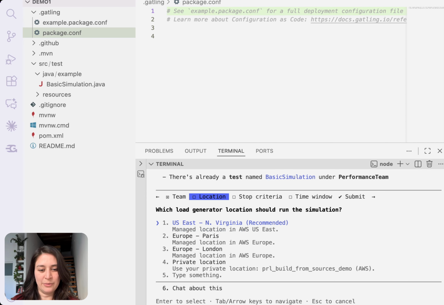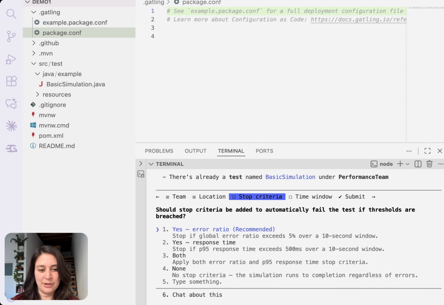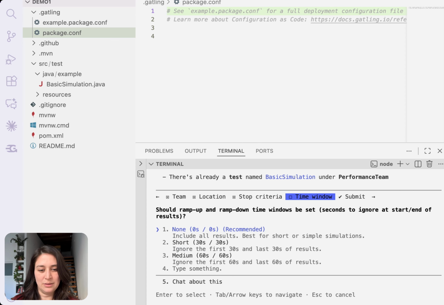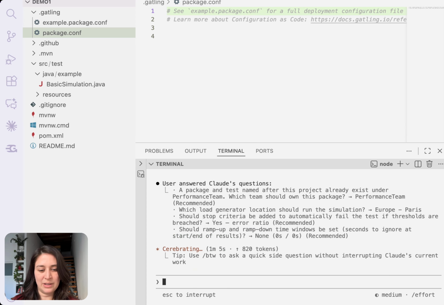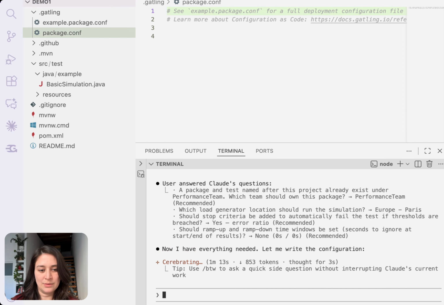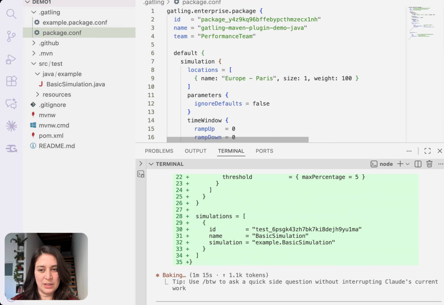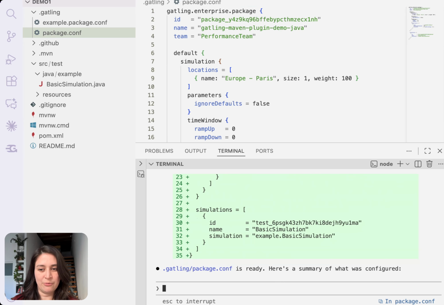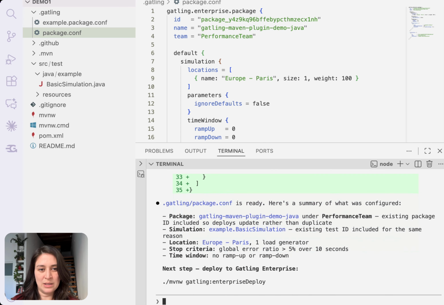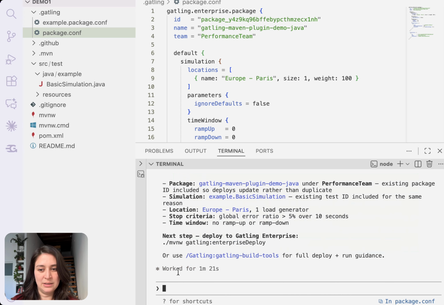So I'll do the performance team and the Europe Paris location. And then I'll use an error ratio for stop criteria and ramp up, ramp down of 0 seconds. So reviewing and submitting my answers for this config file. And as it writes the configuration file, we'll see that we have a production ready file with team ID, location